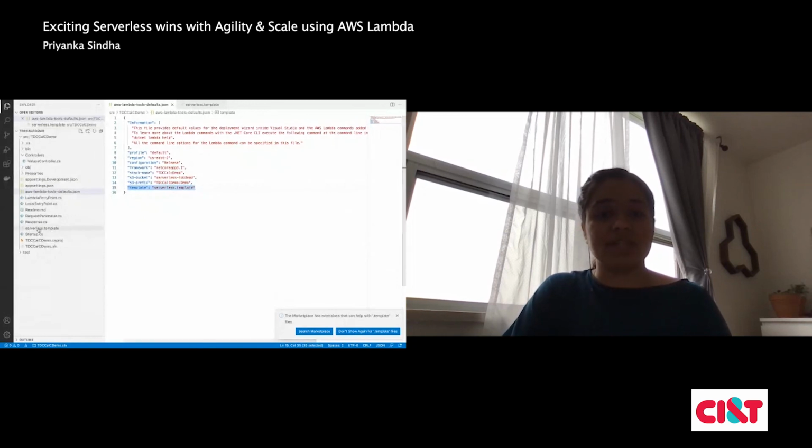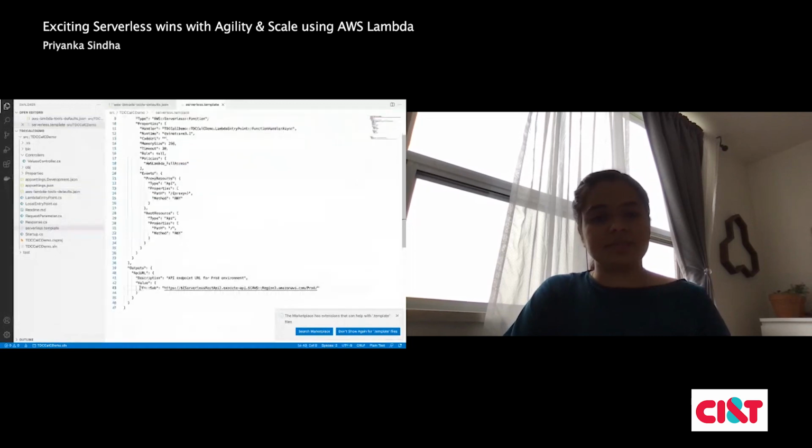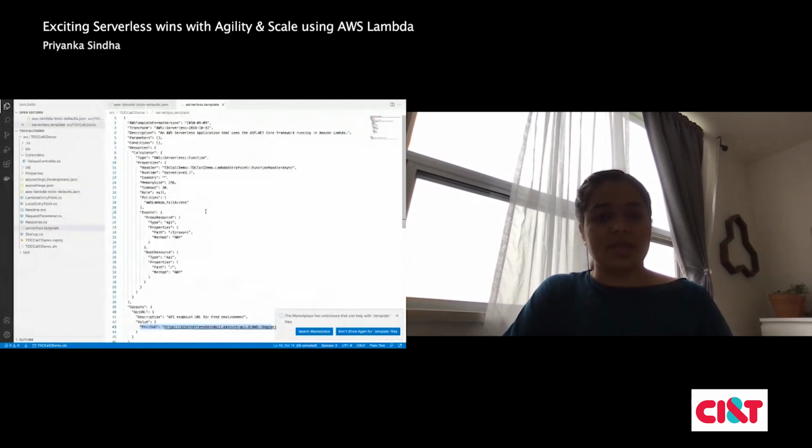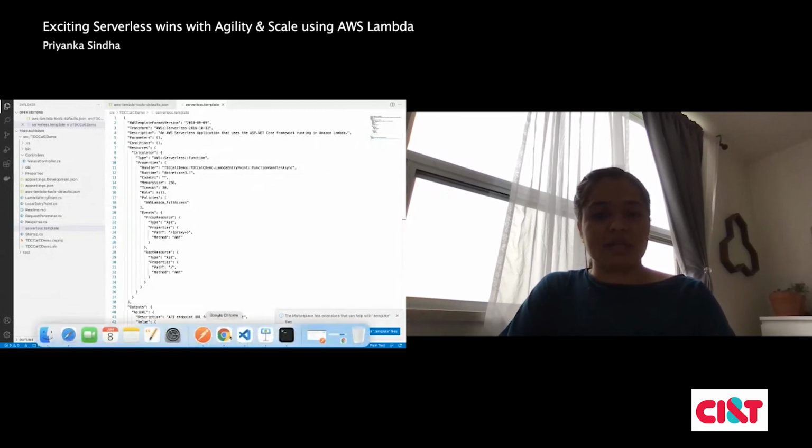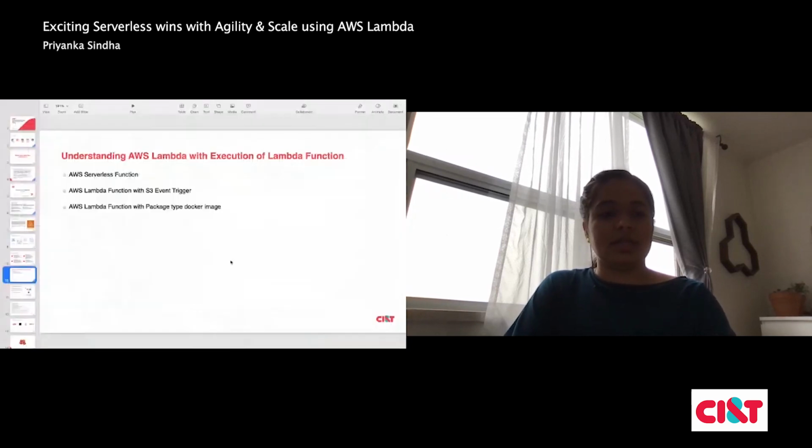So here I can mention the VPC or gateway. This will create an API gateway, and it will have its VPC. You can have a parameter here, or you can have an SNS configuration here too. And all it does, it deploys and builds a zip package and deploys it. Let's go back to the presentation. Next one.